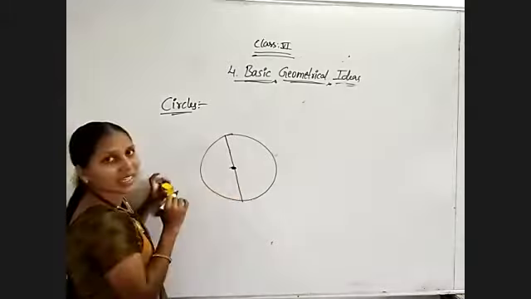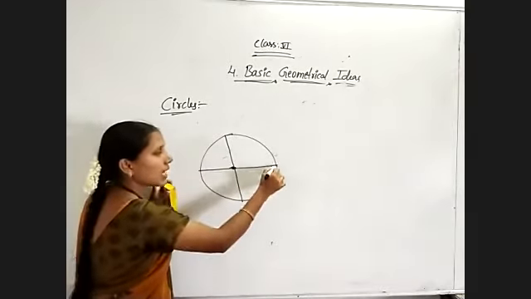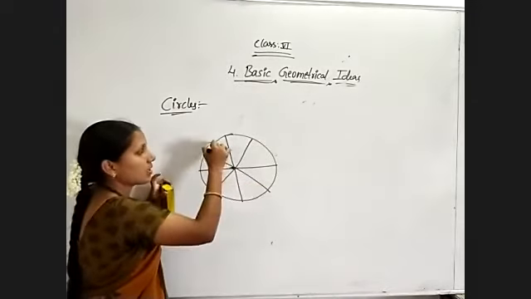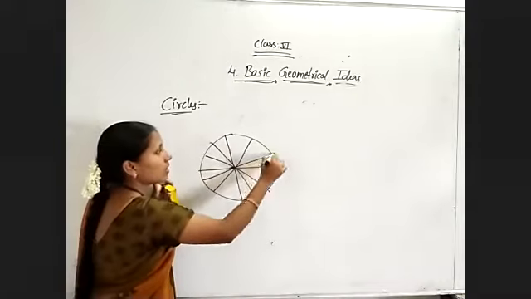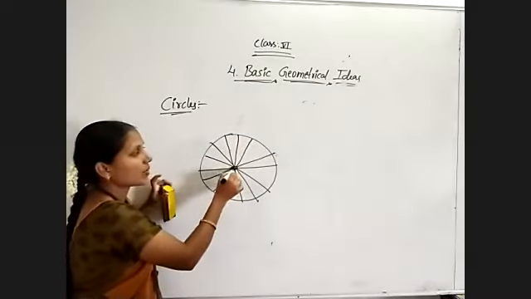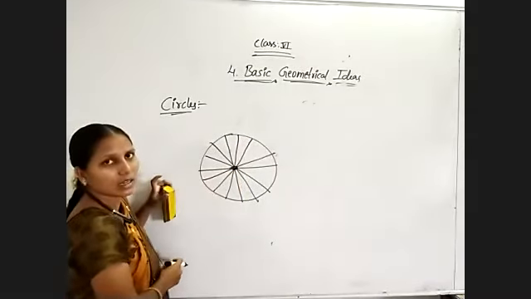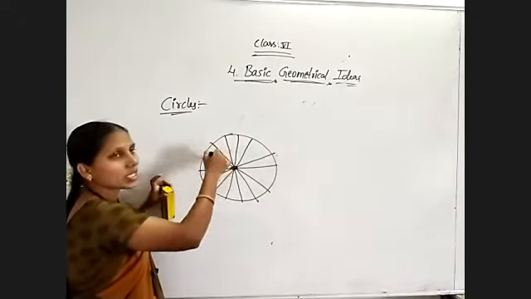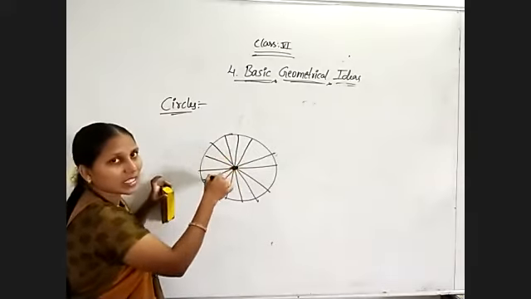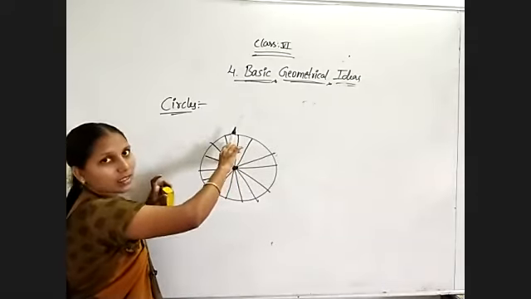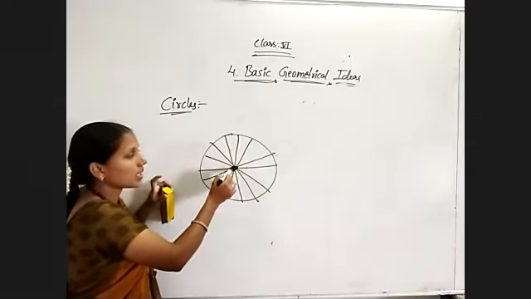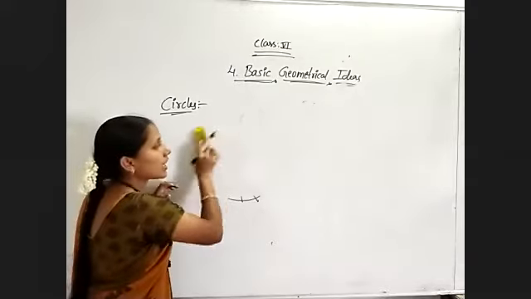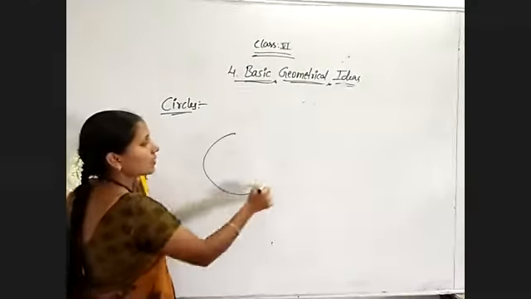So in a circle, this one also is a diameter, this one also is a diameter, this one also is a diameter. So several diameters we can draw through the circle, like spokes of a wheel. All those wheel spokes are termed diameters, and half of a spoke is a radius. Infinite radii are possible through its center, infinite diameters are also possible through its center. And remember, diameter is nothing but the longest chord of the circle.